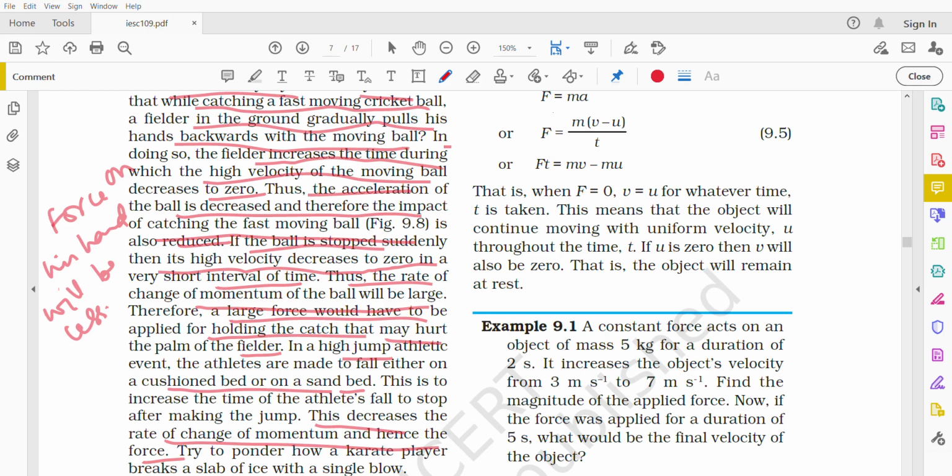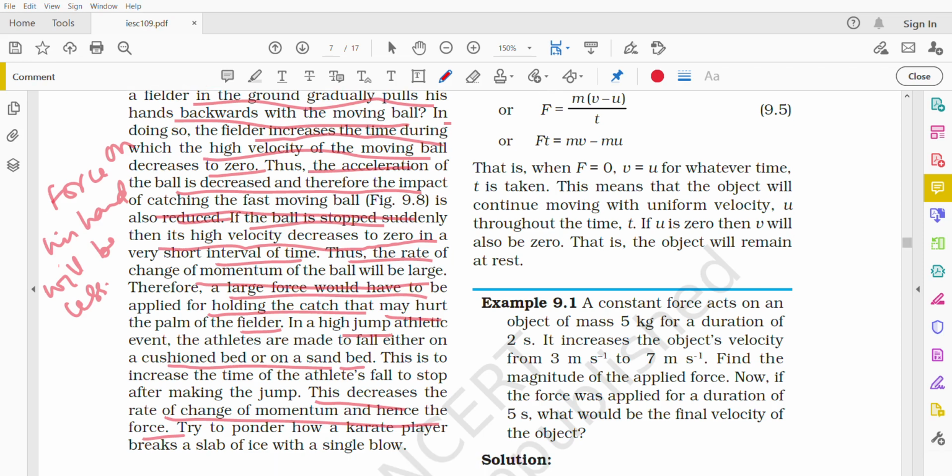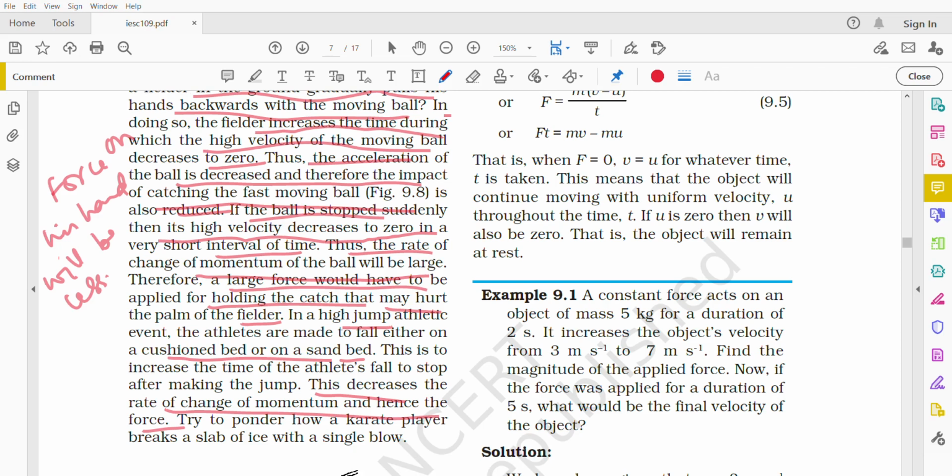In a high jump also, you are running with a high velocity and then you jump on a particular place, isn't it? That is why we dig the field when you do the high jumps in your school. There also this concept is applicable so that you don't get hurt.